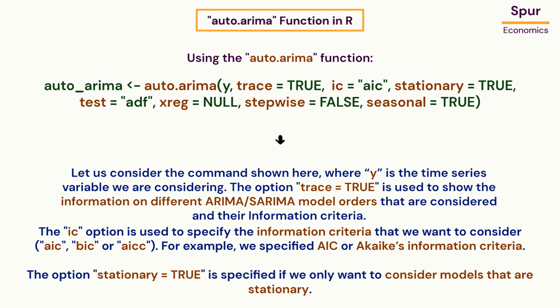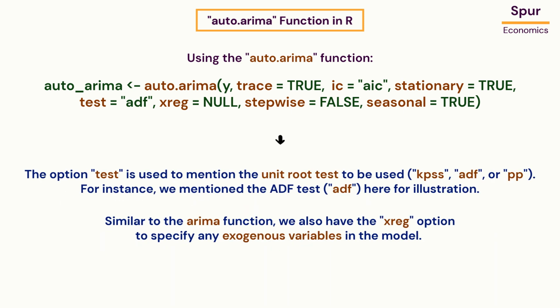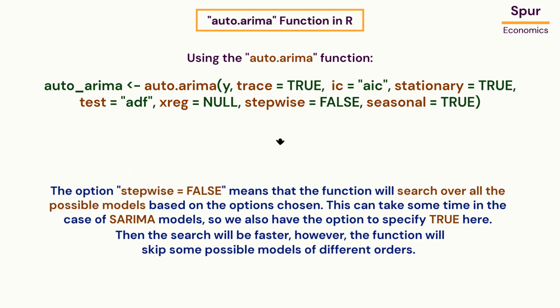The option stationary equal to true is specified if we only want to consider models that are stationary. The option test is used to mention the unit root test to be used. For instance, we mentioned the ADF test here for illustration. Similar to the arima function, we also have the xreg option to specify any exogenous variables in the model. The option stepwise equal to false means that the function will search over all the possible models based on